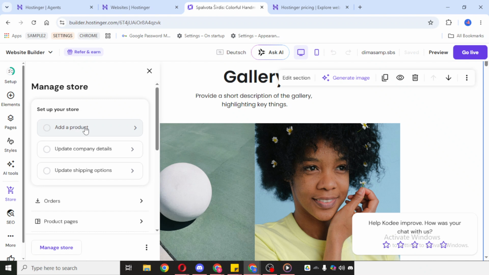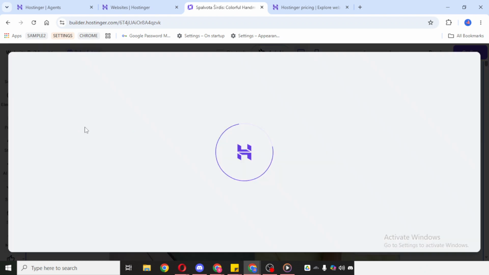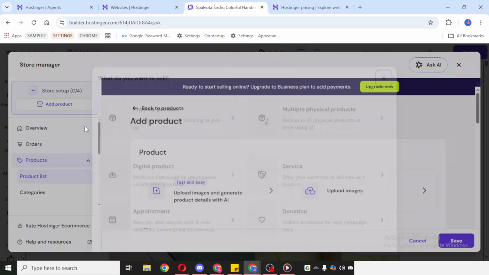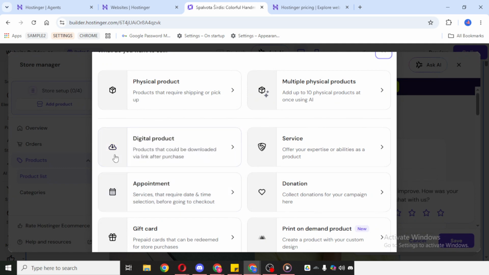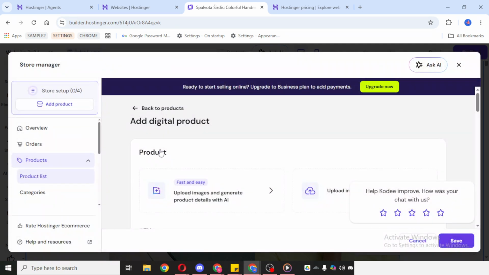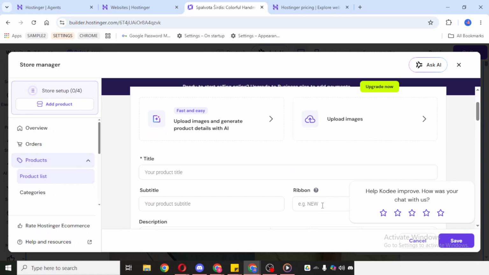Next, click Add Product. When the Product Setup window appears, enter your product name and fill in the other necessary details for your product. This part matters because your listing should be clear and complete. Make sure the name is easy to understand and include the relevant information your customers need before buying. Depending on your setup, this may include things like the product description, pricing, and any other important product information available in the editor. Take your time here, because a well-filled product page helps build trust and reduces confusion for buyers.